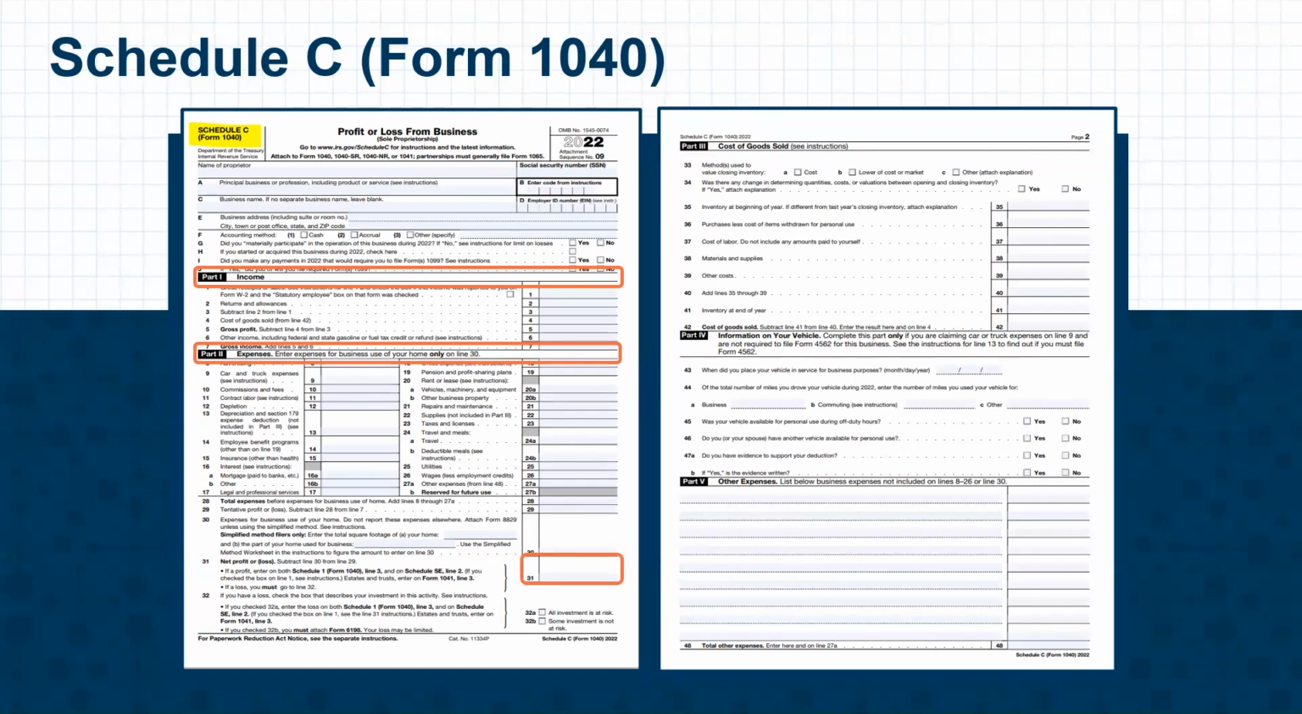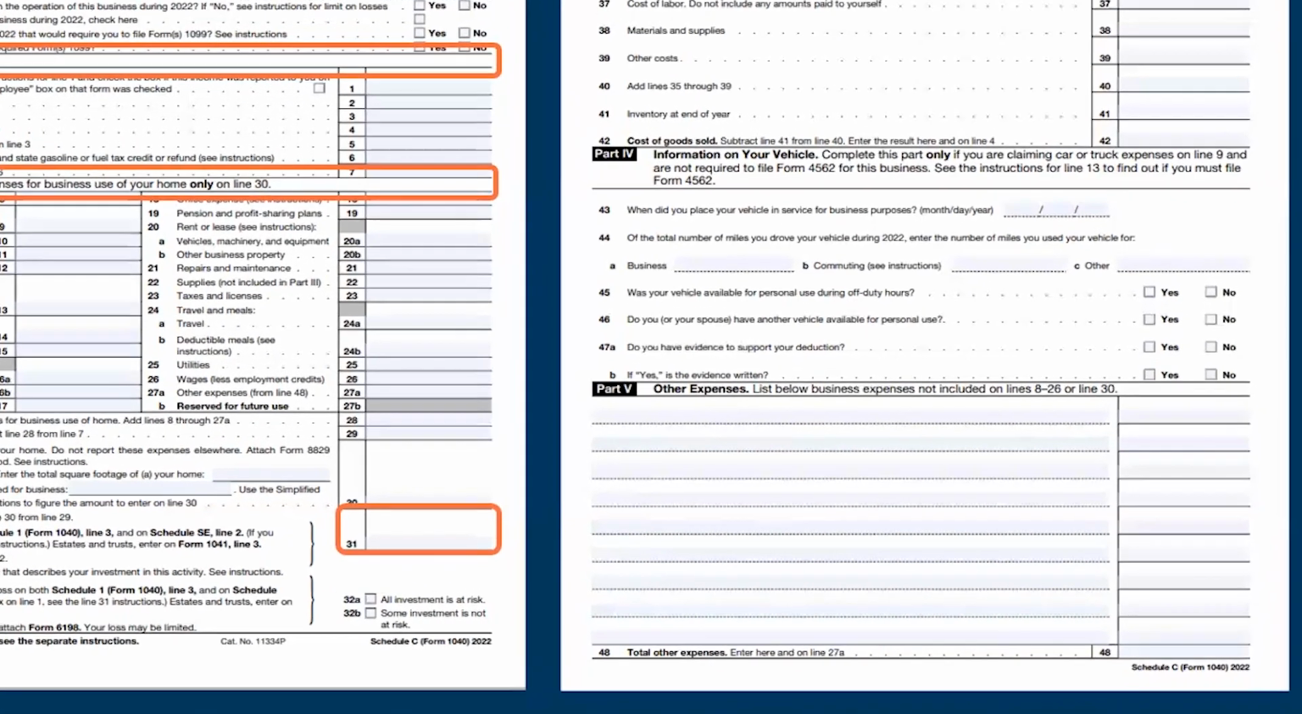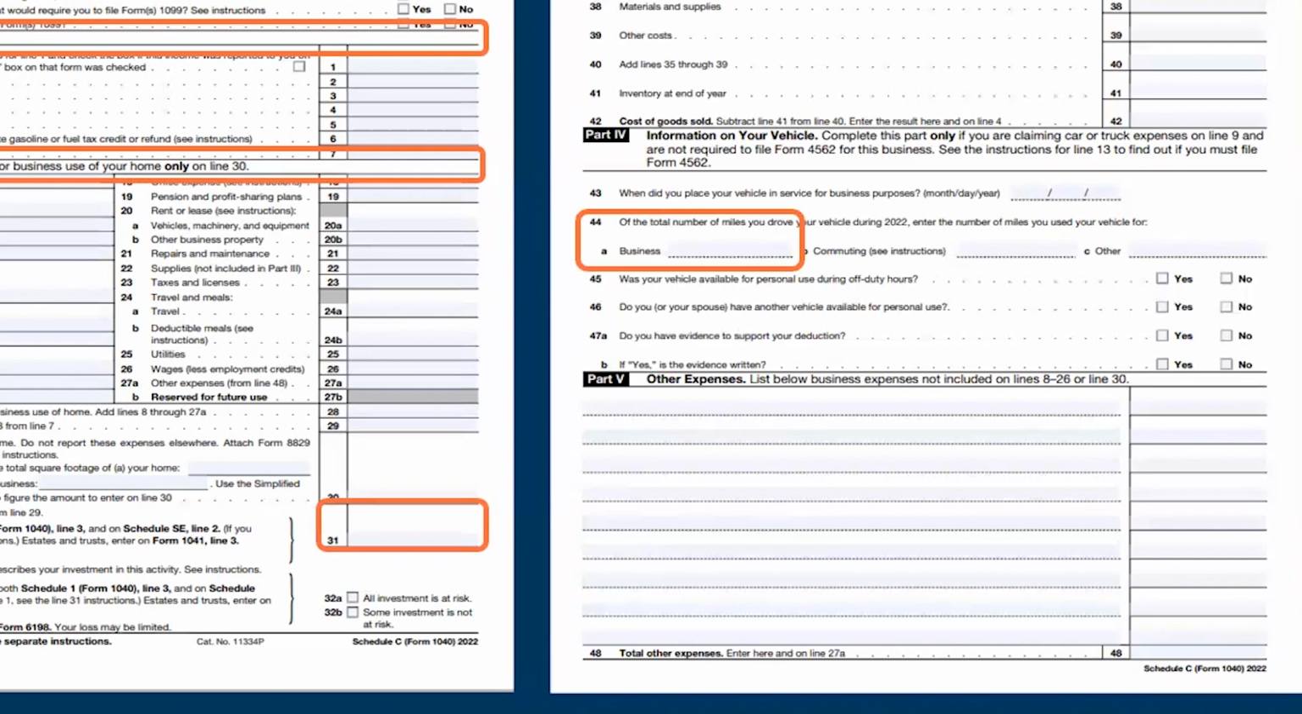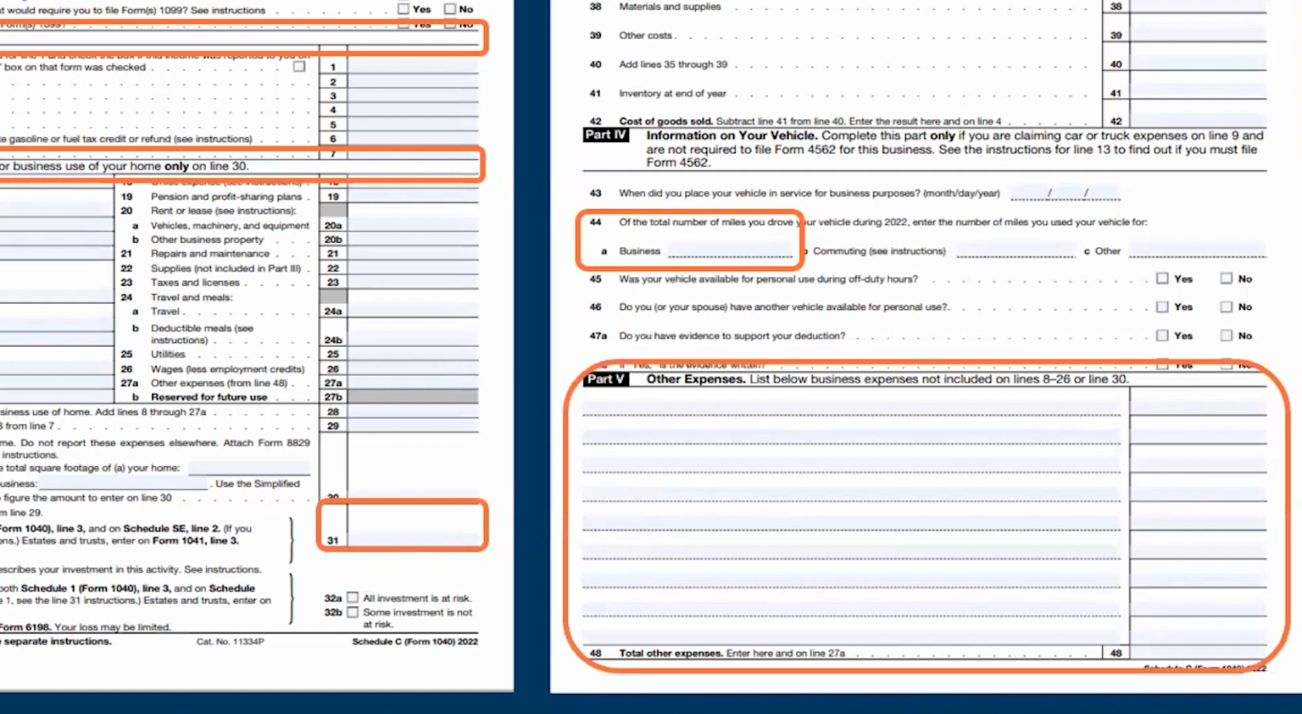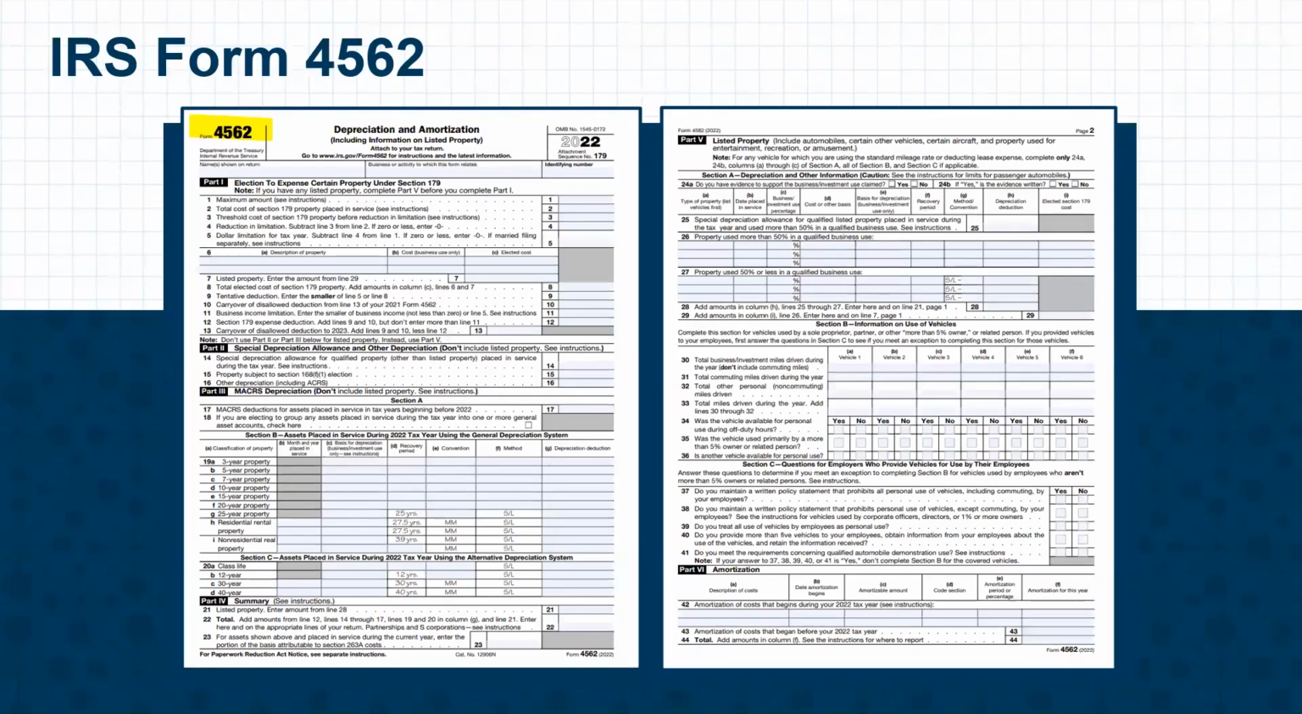Some other areas that I will call out are on page 2, line 44A. If the business owner has one business vehicle, then business miles will be reported here. Expenses where there are no designated or assigned lines will be itemized in Part 5, and then they will flow into line 27A. If the business owner has more than one work vehicle, then they will need to file IRS Form